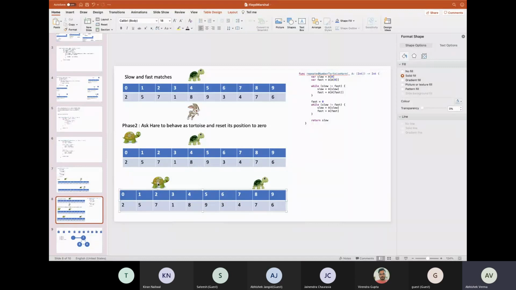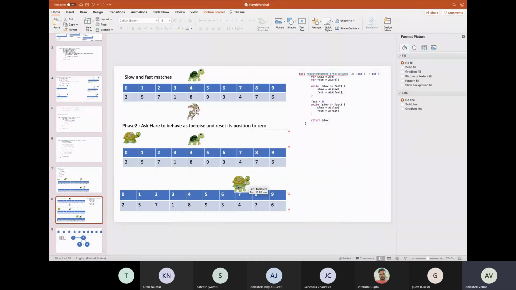So both will come to this position. Now I check that slow and fast are equal, at 7. So 7 is the value which I have to return.